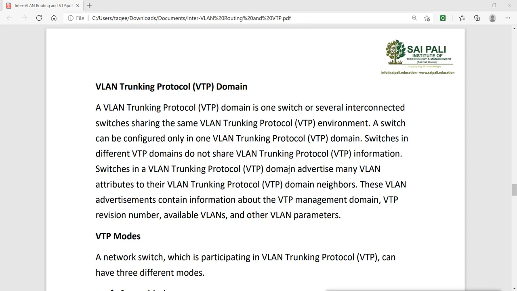So this can reduce your task, but there is a problem. You can create the VLANs and that information will be replicated, but the VLAN membership information will not be. If port number 2 is a member of VLAN 3 on the server switch, that is not replicated to the clients.